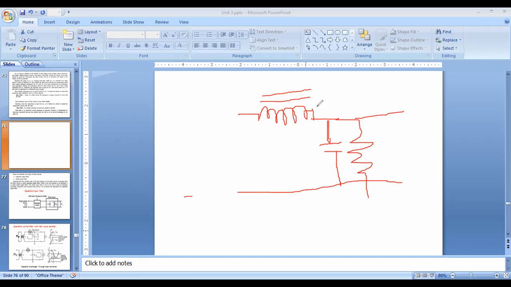If we use an inductor and resistor combination, it is an inductor filter, or we can call it a choke filter. Instead of an inductor, if we use a capacitor, then it is a capacitor input filter or capacitor filter. And this is RL. I want to give some more clarity about this one.